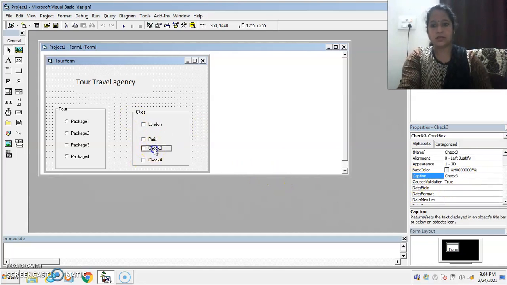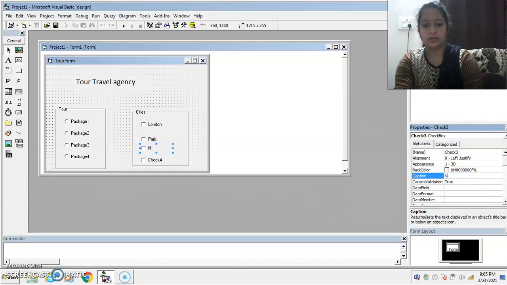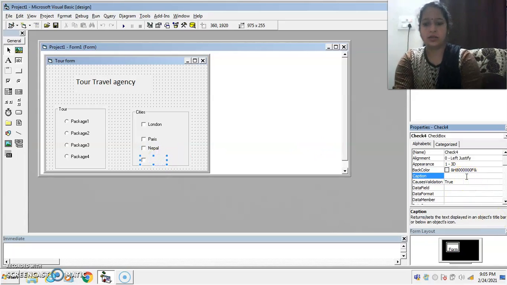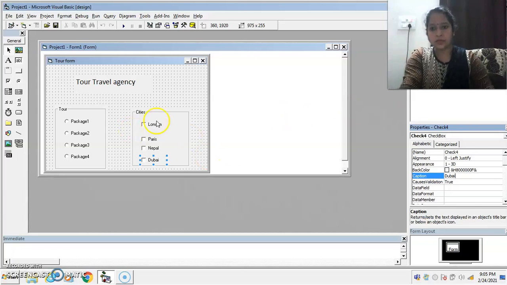Okay, next to Nepal, and the last one to Dubai. Okay, so these are 4 cities where the customer wants to travel. Okay, now write down the coding for this program.